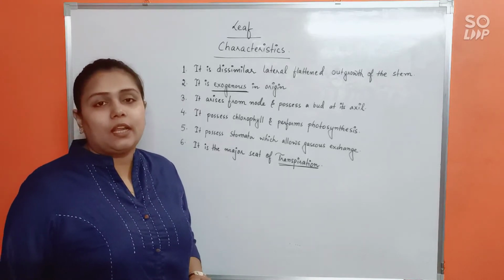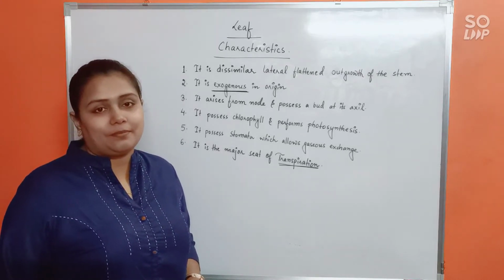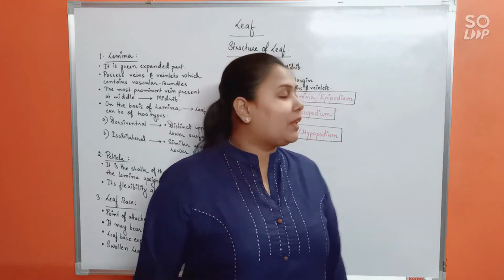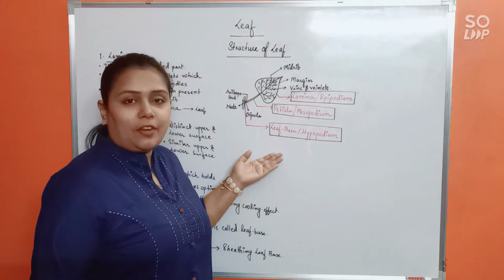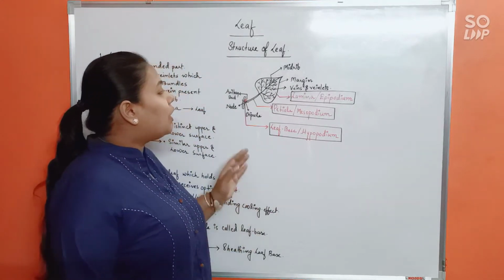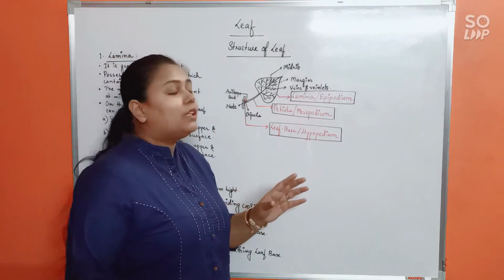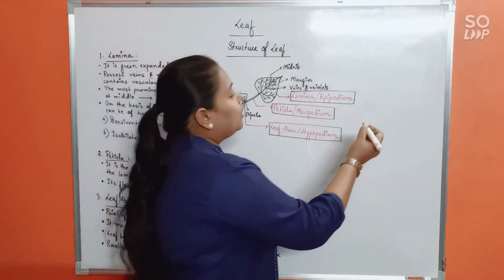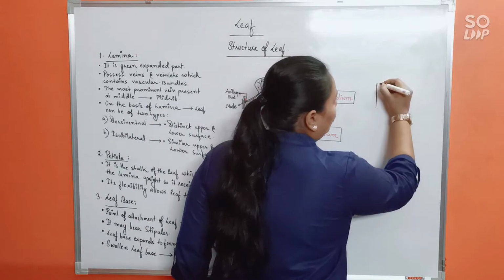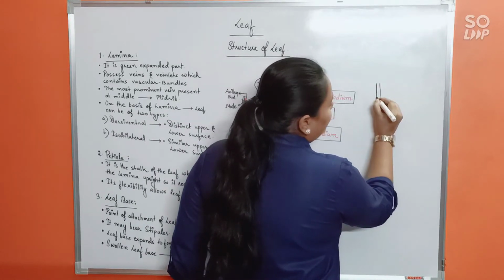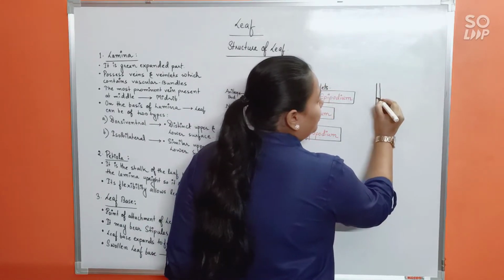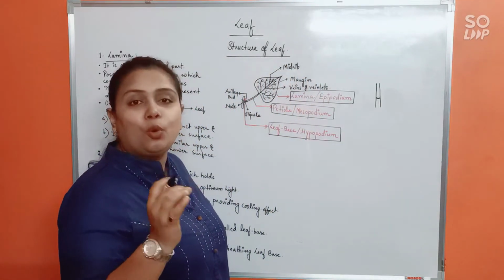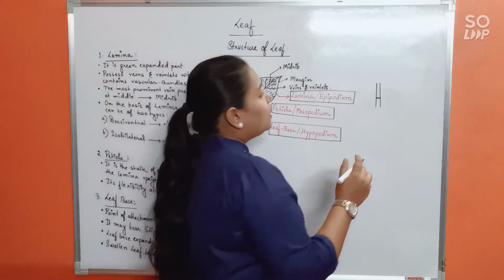Next, let us learn about the structure of the leaf. So now, let us discuss the structure of the leaf. Alright. Now, look at the diagram. Here, you can find that mainly the leaf can be divided into three parts. Let me show you in a simpler way. Suppose this is the node. And as you know already, leaves arise from the node of the stem, right? So in that case,